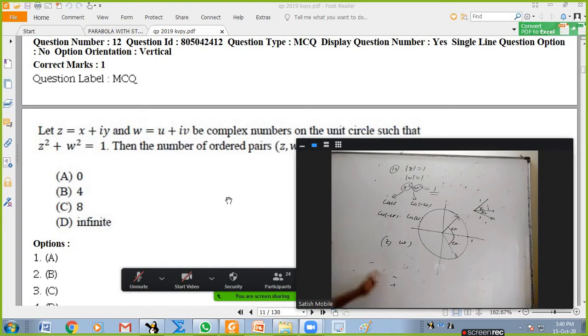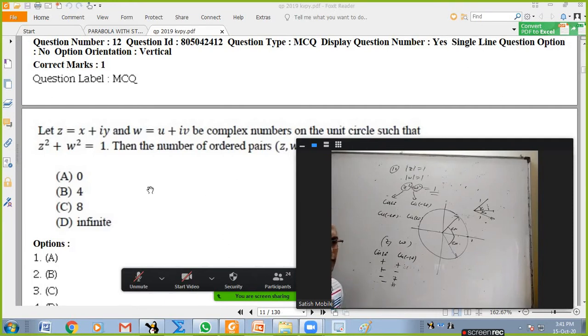I'm able to tell what that z is and what that w is. This is cis 30. This is cis minus 30. Same thing, you take plus plus, plus minus, minus plus, minus minus, and everything reversed. That's it, those are the right cases. There are other methods also, which are a little lengthy, but I find this is easier. All right, the 12th one.